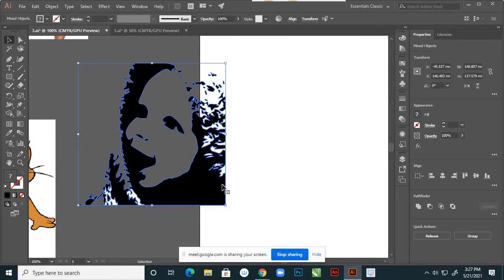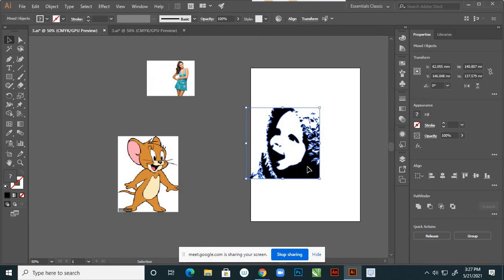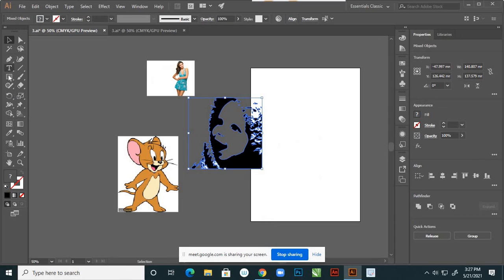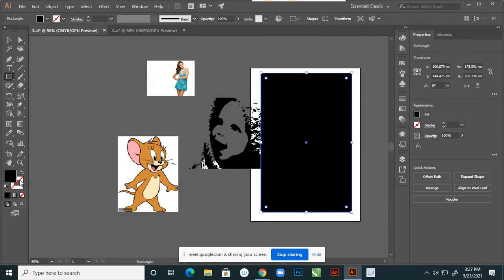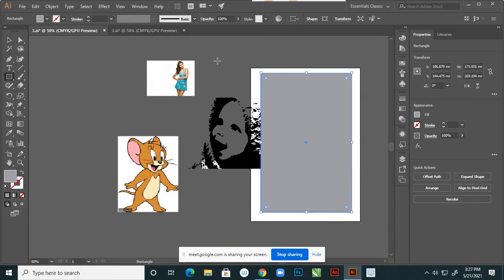See, it is showing the gray color background. Suppose here if I fill with some different color, it shows on that.